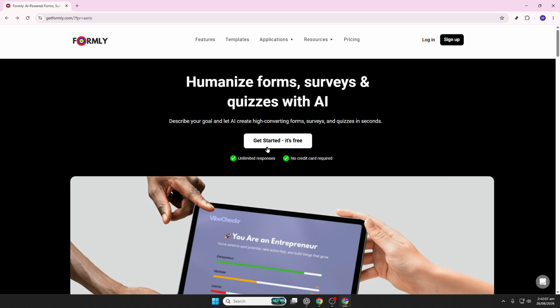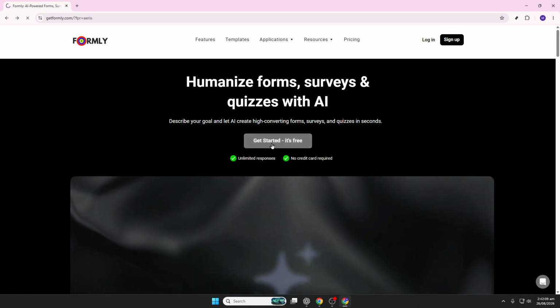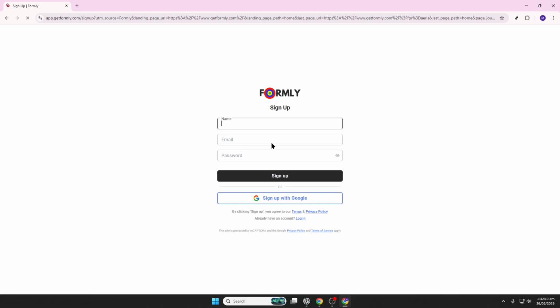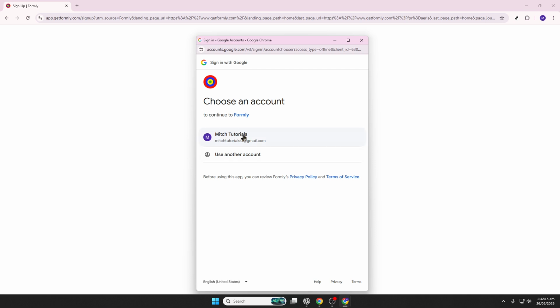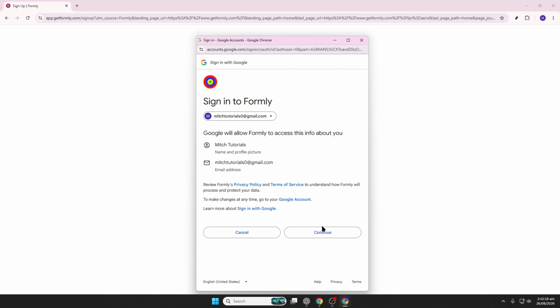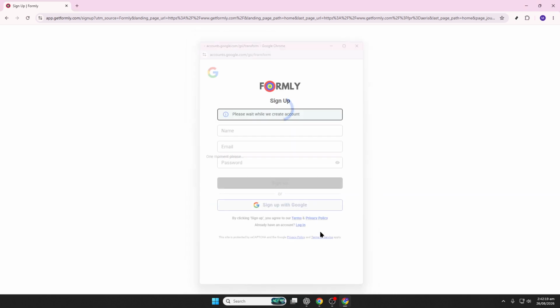On the sign up page, enter the required information, such as your email address and password. Depending on what GetFormly offers at the time, you may also see other sign up options like continuing with another account provider. If those options are available, choose the one that works best for you and complete the registration process. As always, use a secure password and make sure the information you enter is correct so you don't run into